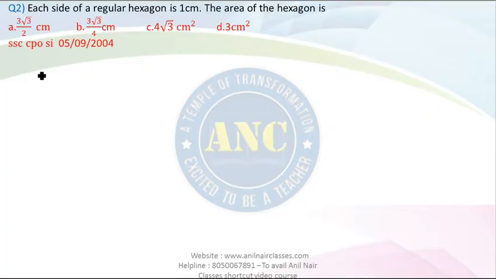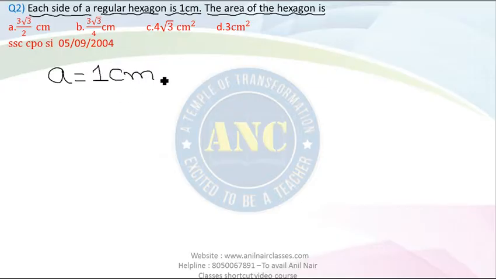Next question. Please see this question. Each side of a regular hexagon is 1 centimeter. The area of the hexagon is how much? They are saying the value of small letter a as 1 centimeter, which is nothing but each side of a